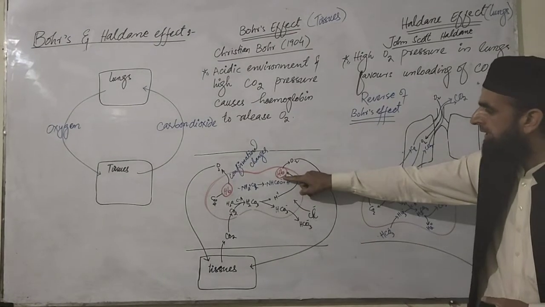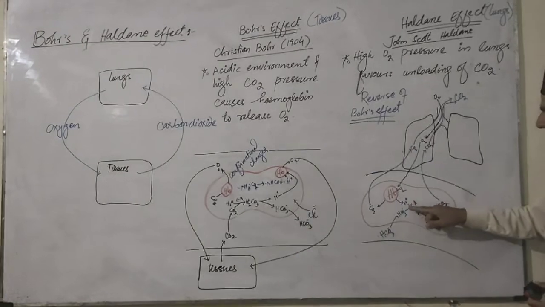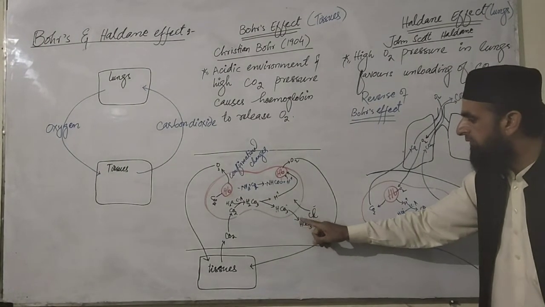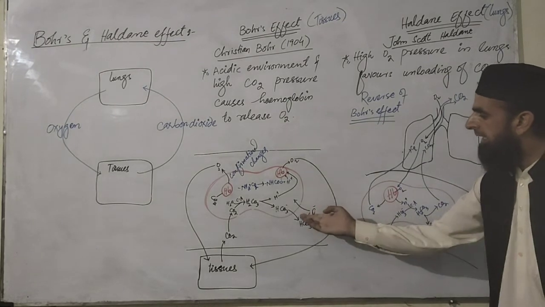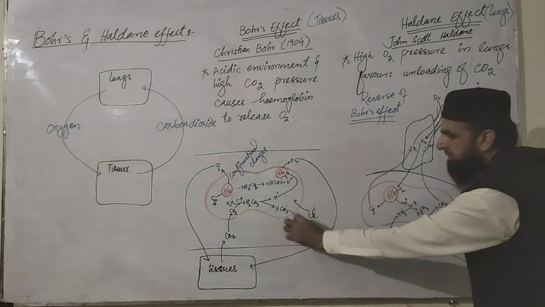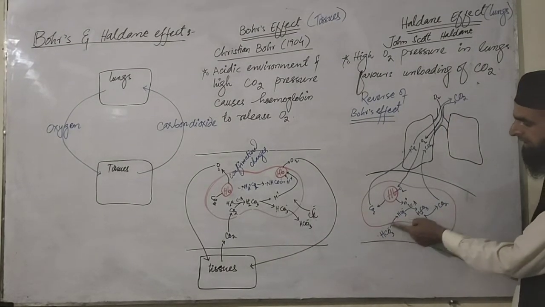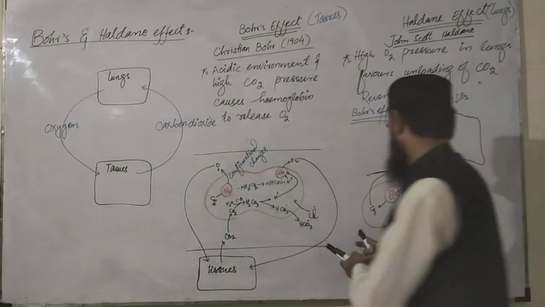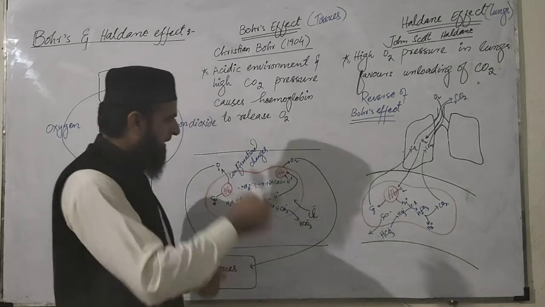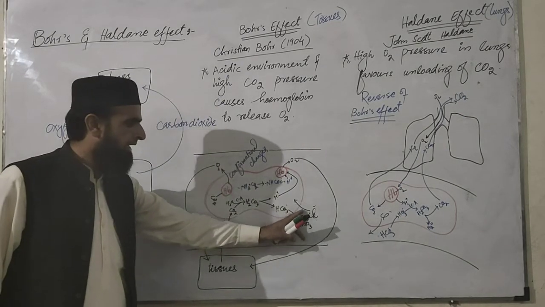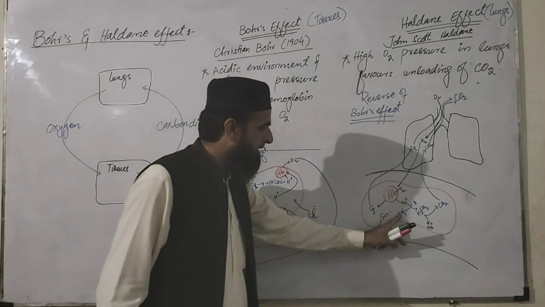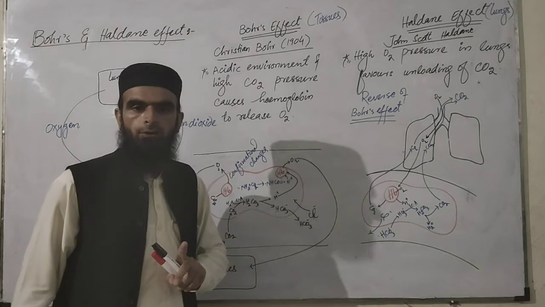So this proton which is released here comes and reacts with the bicarb. The bicarb which was released from the RBC in exchange for the chloride ion is taken in again here. That bicarbonate comes in again in exchange for the chloride ion. Again, a reversal of this chloride shift takes place here. Here the chloride comes in and bicarb is released. Here the bicarb must come in with the release of a chloride ion.